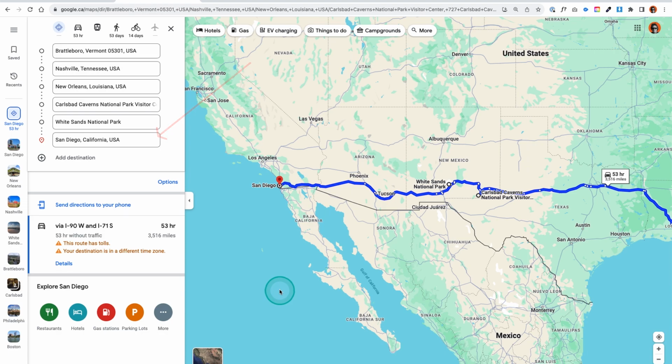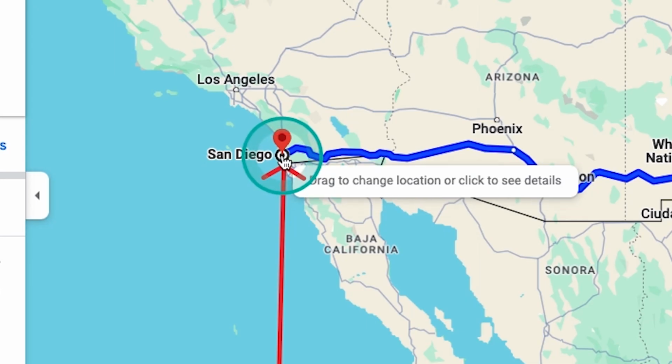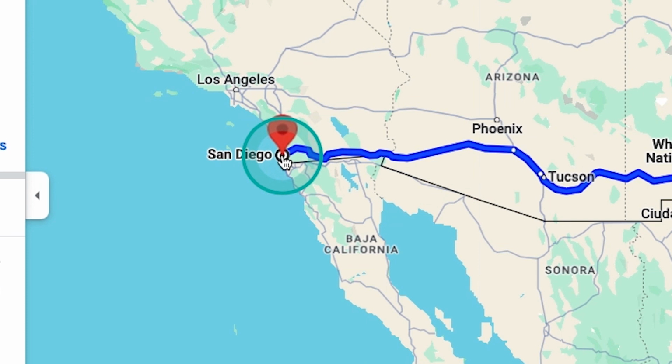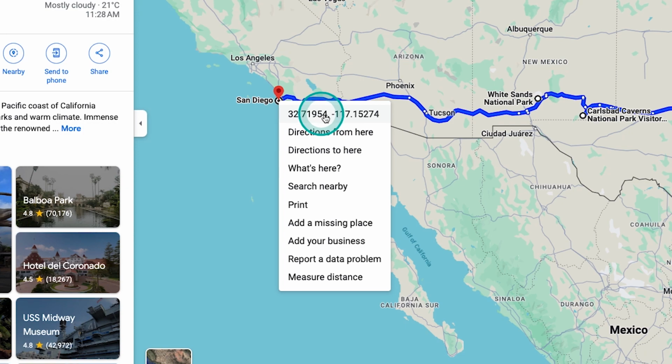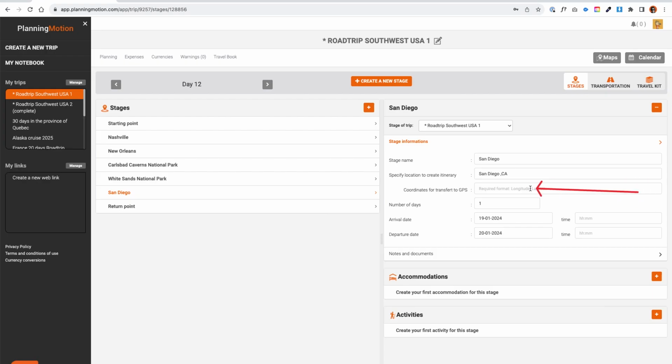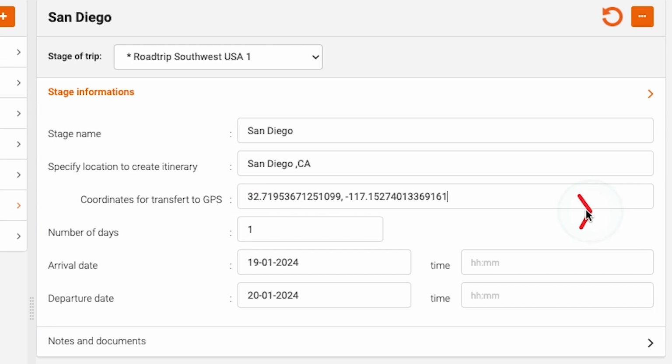In addition to the name of the town or the address for the route in Google Maps, we can also enter GPS coordinates in Planning Motion. In Google Maps, I right-click to copy the GPS coordinates, and in Planning Motion, I paste it here in the box. Entering GPS coordinates as you go along will come in handy when you want to transfer your planning to your mobile devices for access on applications like Google Maps or Maps.me, which will be really great when you're traveling. We'll get back to this in a few minutes, but first, I would like to add another stage to the